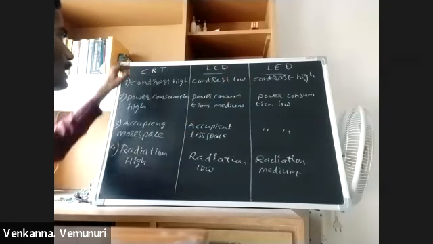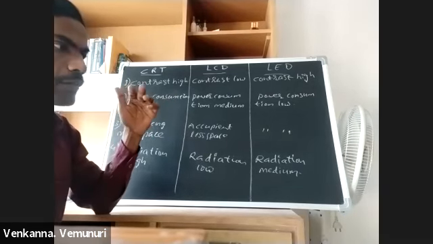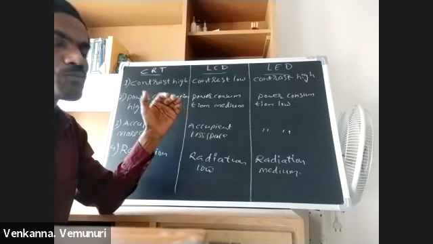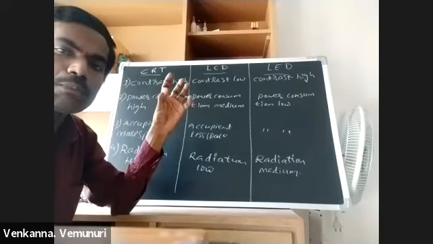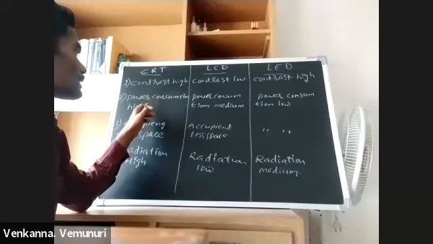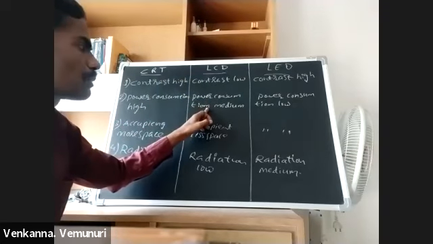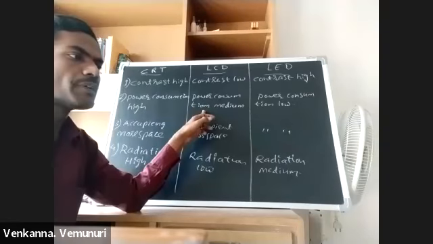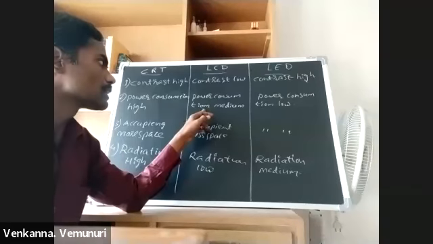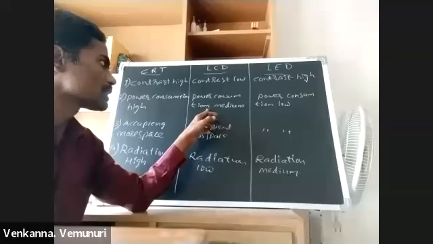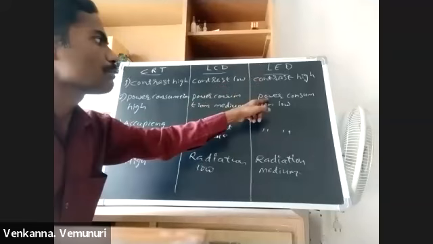And here CRT monitor power consumption is very high. Means in this we are converting 50 volts to 22,000 volts. So in this process, it is consuming more current. Hence, the power consumption is very high. And in LCD monitor, we are converting 12 volts to 600 volts AC. So compared to CRT monitor, power consumption is lower.